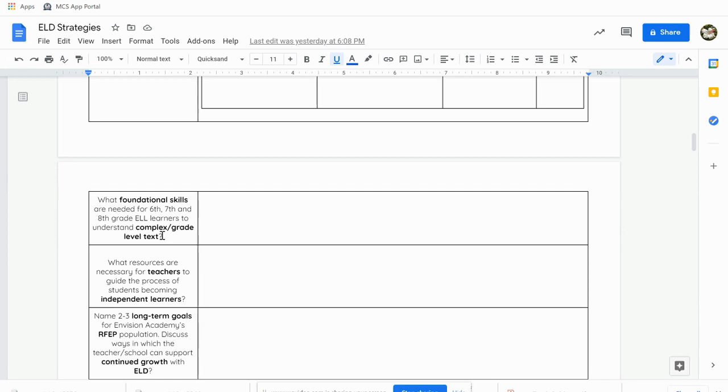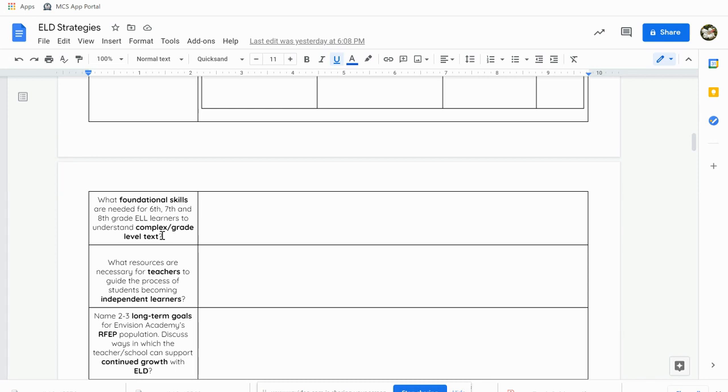But when they come into my classroom first day of school as a sixth grader, what should they have already learned in fifth grade? What are they coming into my classroom with? What skills should they have that I do not have to review? I should be able to jump straight into a narrative writing piece and they know exactly where to begin, right? They know what a topic sentence is. They know how to add key details. This is what I am asking for you to place in this section.